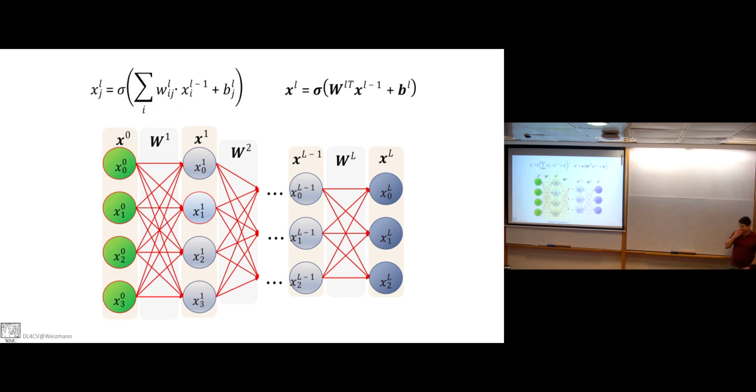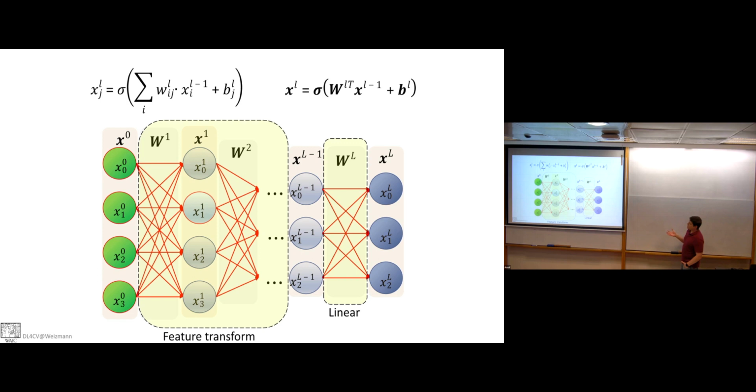So going back to our motivation, remember what we started with. We said we wanted this learned feature transform, and this is exactly what we're getting. You can view this as doing all these layers, doing feature transformation to get you to this representation. It's nice to think about the next to the last layer, and this representation then undergoes this last thing, which in many cases doesn't have to be, but in many cases it's going to be linear. And this is what we finally get